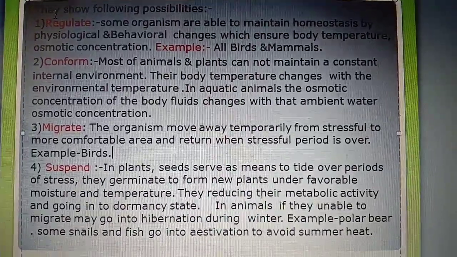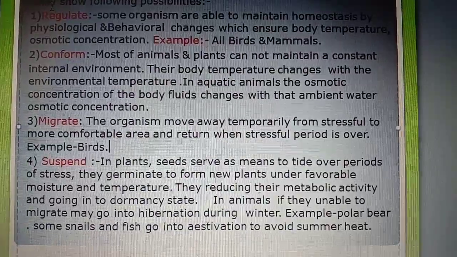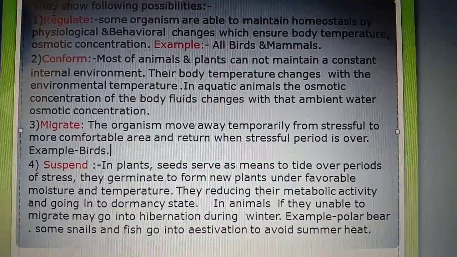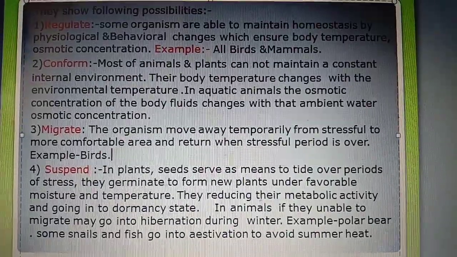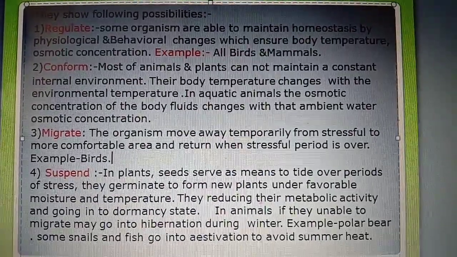So the next point is adaptation. What is adaptation? Adaptation means the animal